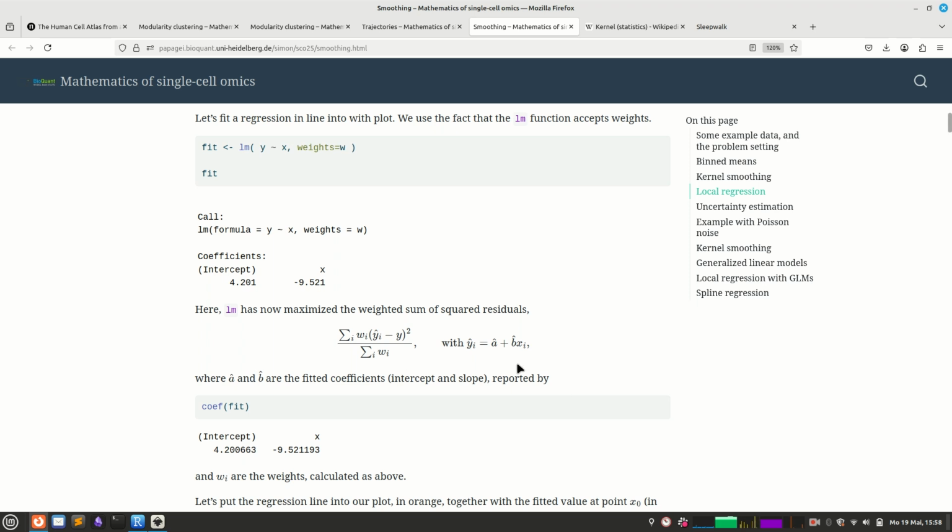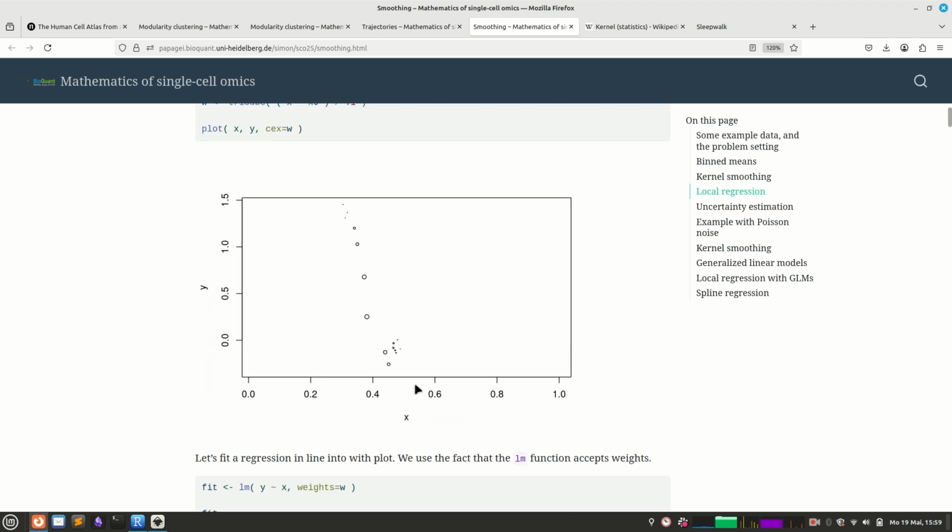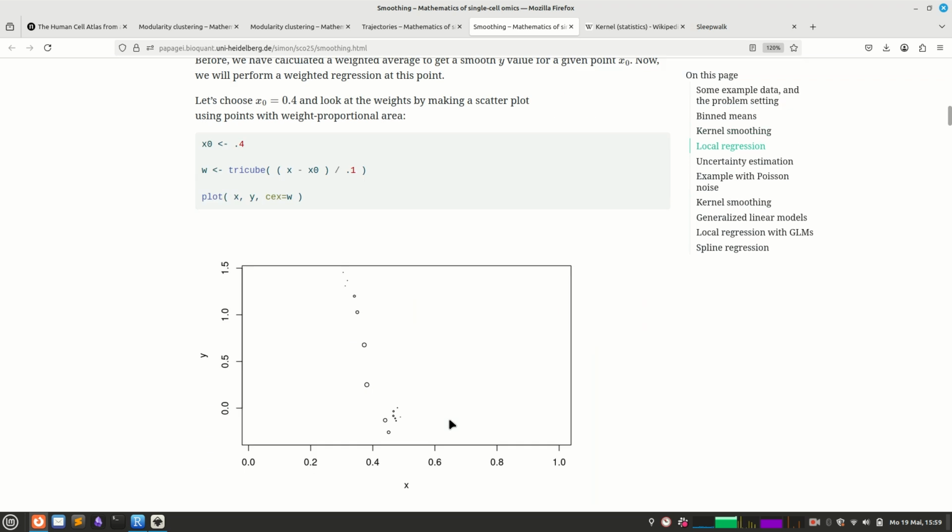So, and then we will later see that we can still fit such a weighted regression the same way how you always fit a regression using the normal equation that you might have seen before. So what I now do here is, as I said, I pick one point. Let's say I want to calculate my smoothed curve's value at point x naught is 0.4. Here I calculate my weights according to the